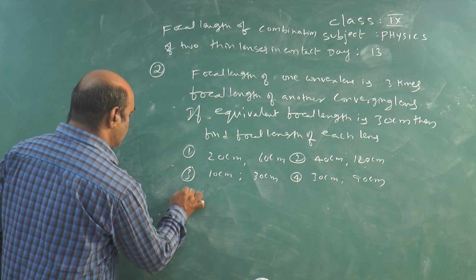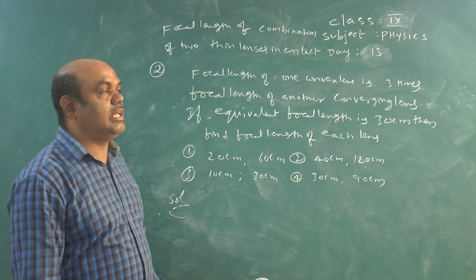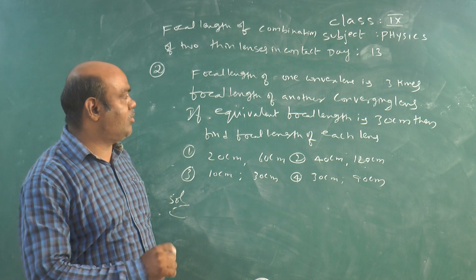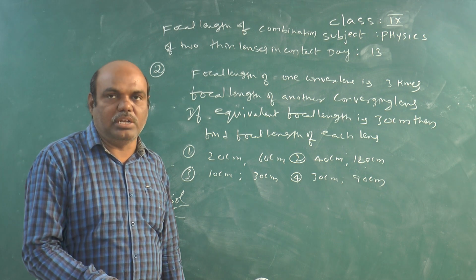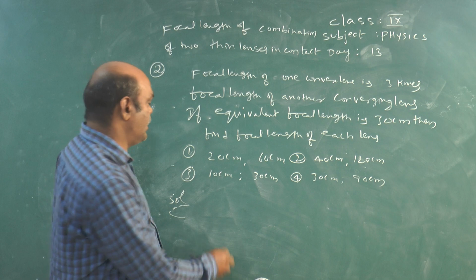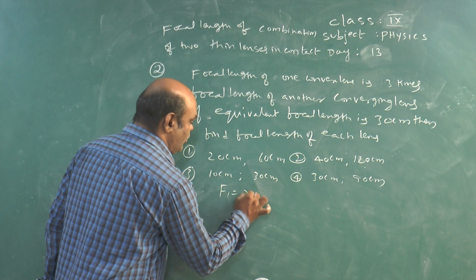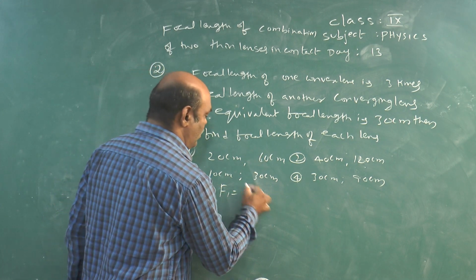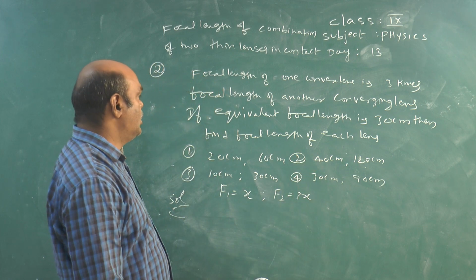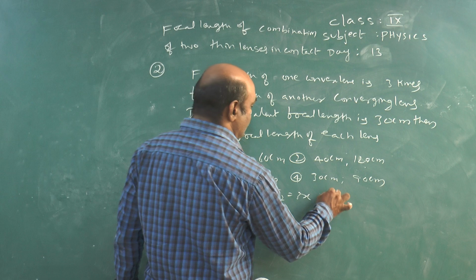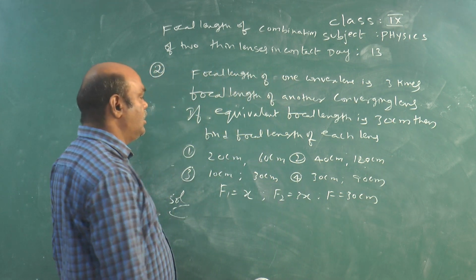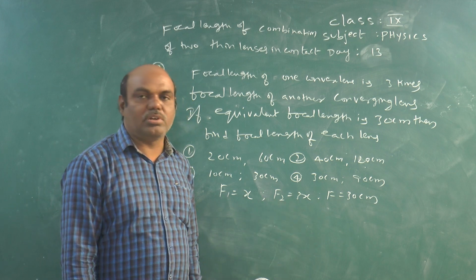So what is the solution? The focal length of one convex lens is 3 times the focal length of another converging lens, which means that is also a convex lens only. So here we can take F1 equal to x, F2 equal to 3x. If the equivalent focal length is capital F equal to 30 centimeter, then we have to find F1 and F2